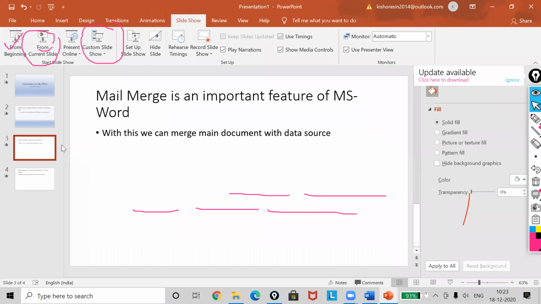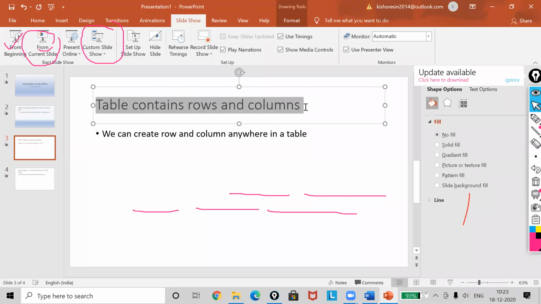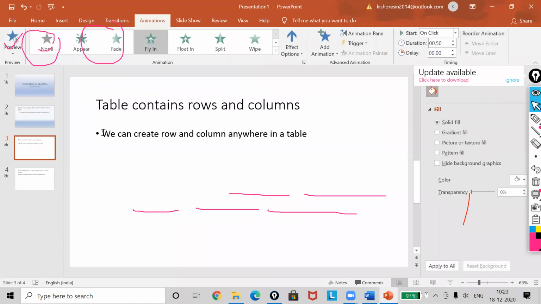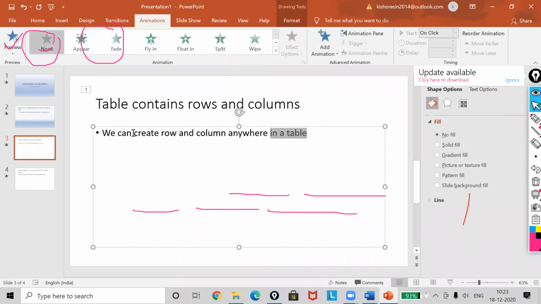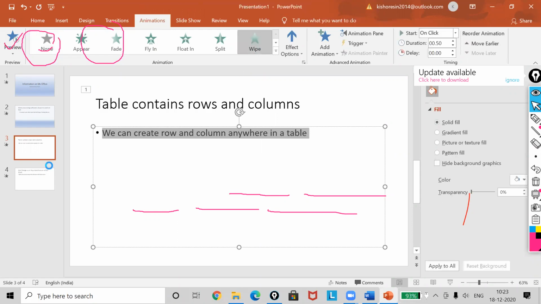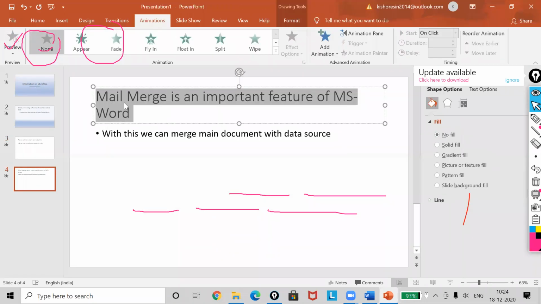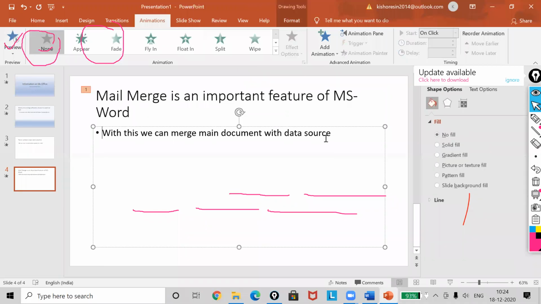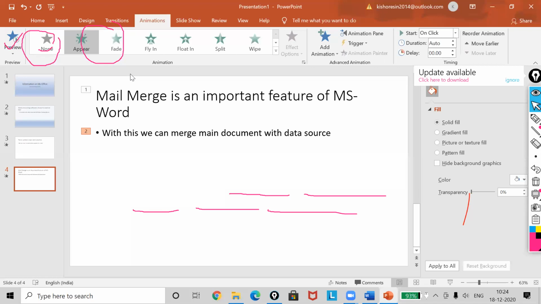Okay, I have written it, and I will give the effects also. So I'm going to apply animation line by line. This one wipe, this also floating, and this one appear. I have given it now.